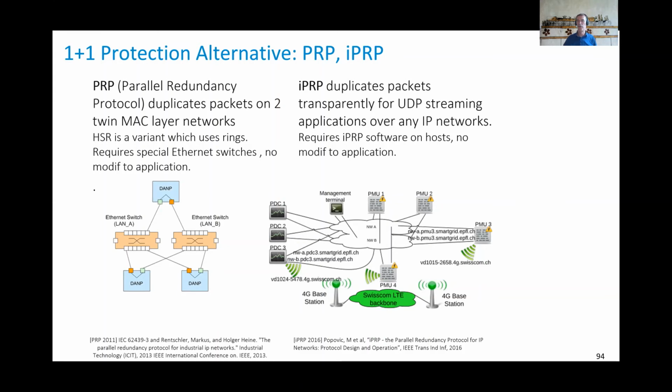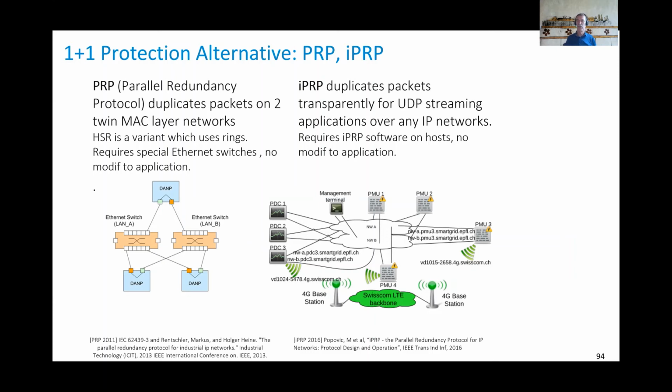If you do that at the UDP level, you have IPRP, where the idea is the same. If you connect a device through two networks, perhaps even three, so a wireless network, then you can send the same packet 3 times, and at the receiver, you need to remove them. It's fairly simple to do, but the trick is, of course, to do that in a way that's transparent to the application, so that it comes as middleware in the case of IPRP, as hardware in the case of PRP,